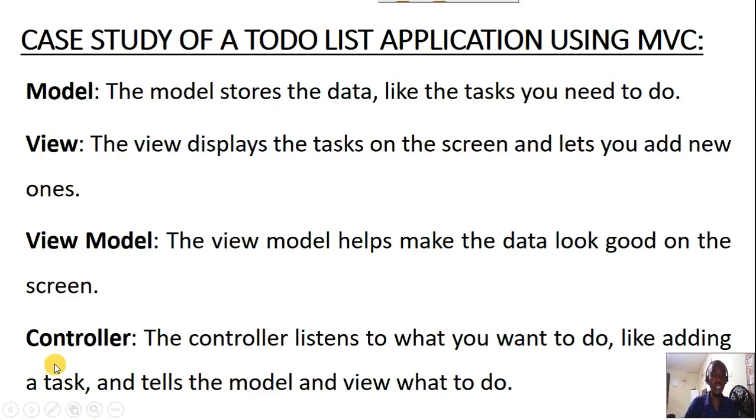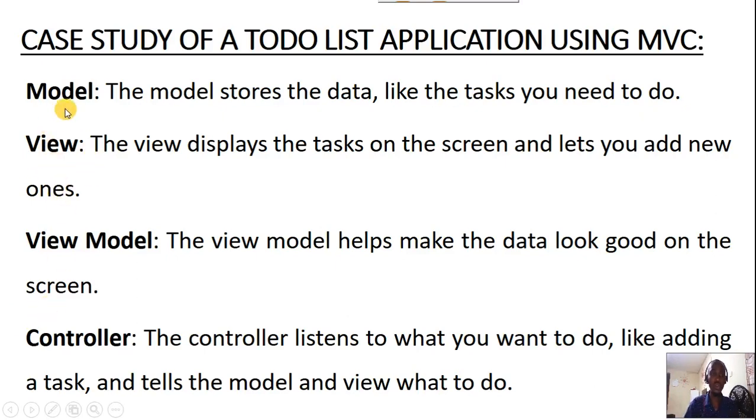Now the controller, what is the controller? The controller is the instruction, like in the computer, the processor has about 7 registers, and among them is what we call the instruction pointer. It shows the processor the next instruction to execute. The controller has all the functions inside. I want to save a record, that logic happens at the controller. I want to delete a record, that logic happens at the controller. I want to retrieve a record, that is the controller. But the chain and the relationship between them,